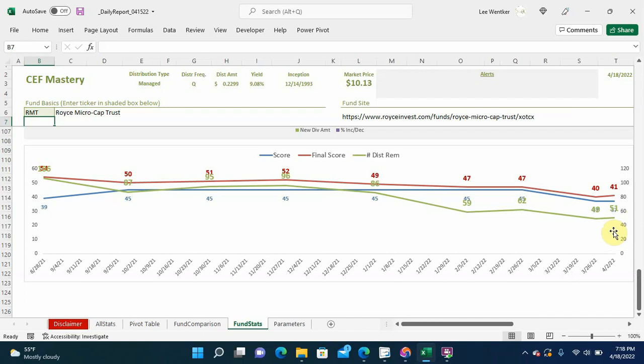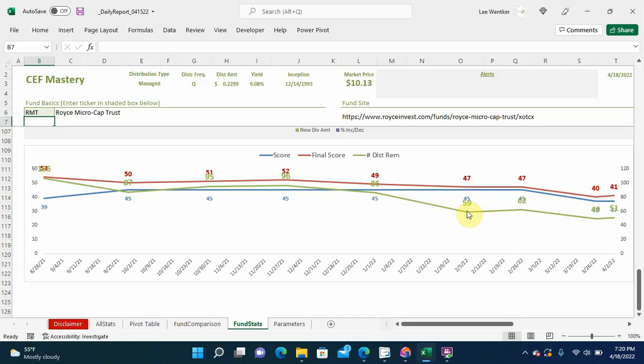For example, using the fund RMT, you go back to January, the fund's net asset value dropped $1.51 a share, or 11.6%. That decrease of $1.51 in net asset value reduced the estimated number of monthly distributions remaining from 86 months to 59 months. Had I used net asset value, while a decrease of 11.6% in net asset value is significant, it doesn't really translate into telling you how much of an impact it has on the fund's ability to